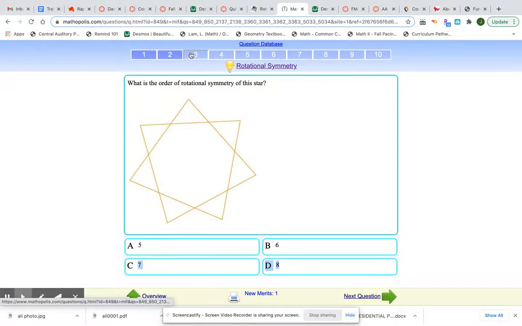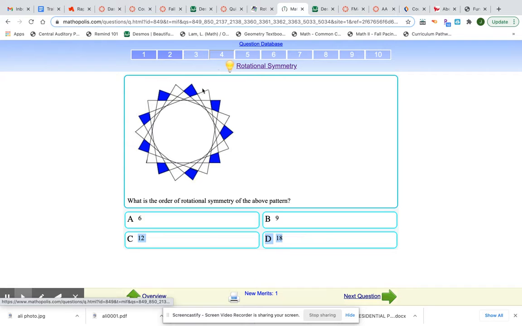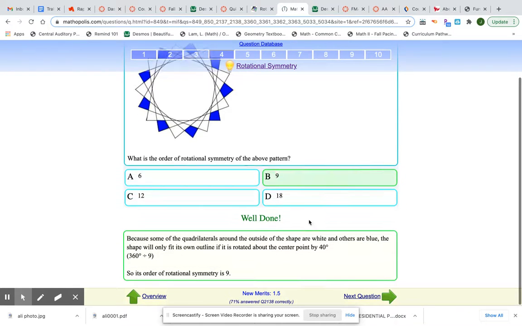Let's try another one. Here we go. So once again, you have the little blue corners we're talking about. So let's count how many we have. 1, 2, 3, 4, 5, 6, 7, 8, 9 of them. So 9, I can take this guy and he'll go here once, then he'll go here 2, 3, 4, 5, 6, 7, 8, 9 to get him back to where he started. So 9 times he will map onto himself. So if I want to find that angle or magnitude of rotational symmetry, then I take 360 and I divide by that